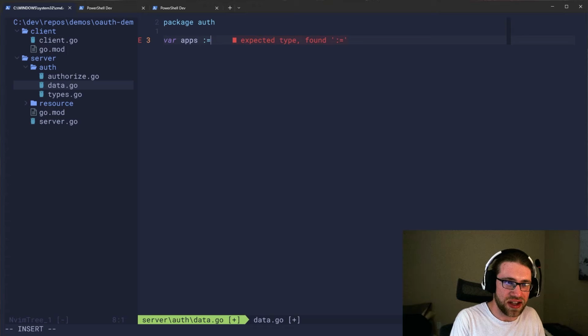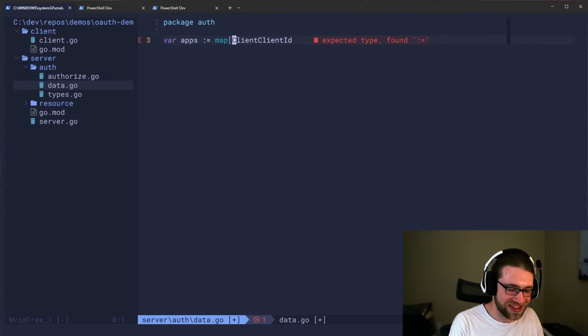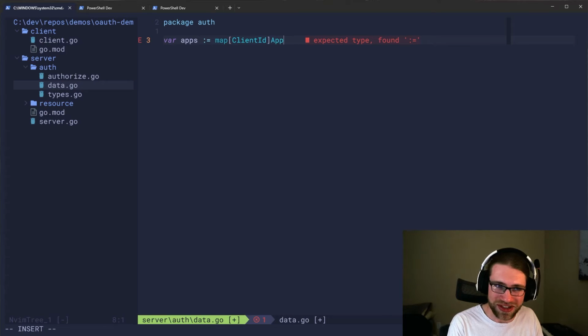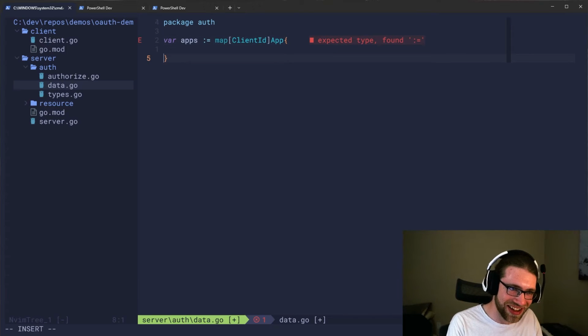These are just going to be the applications and their data. For simplicity, we're just going to use a map. This is where you're going to have client ID as the key. Just for simplicity's sake, this makes a million times more sense for me than string. And we'll have a bunch of